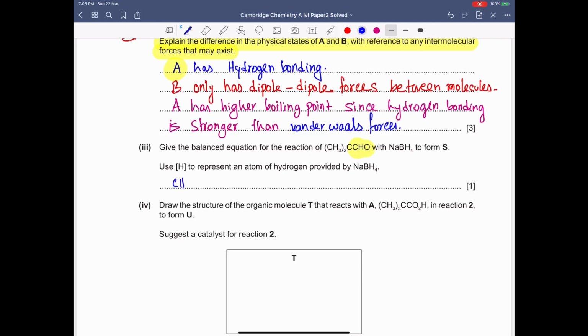So CH3CHO plus, we're going to put the hydrogens. We'll require exactly 2 hydrogens, so we put a 2, and then the product is going to be CH3CH2OH,